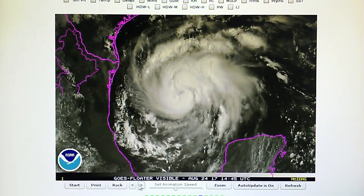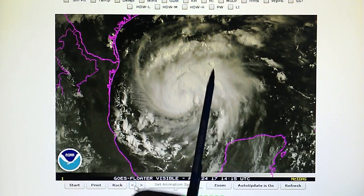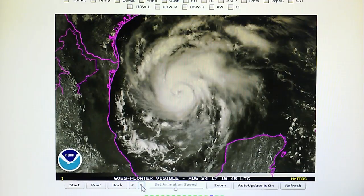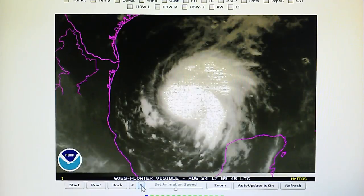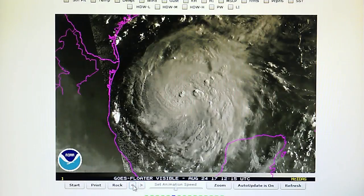And then up here, let's go back one frame, we can see another couple of areas which have been targeted. So it is clear that some attempt is being made to break this storm down. But there's the evidence. The meteorologists will not show this on television. None of the national, state news, television